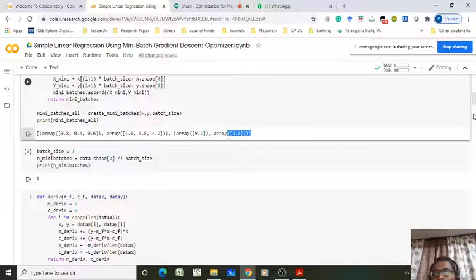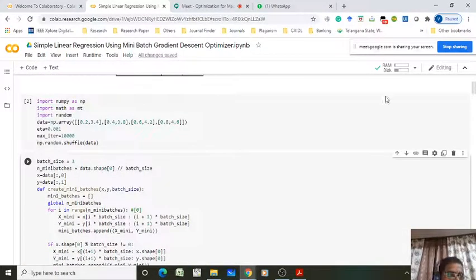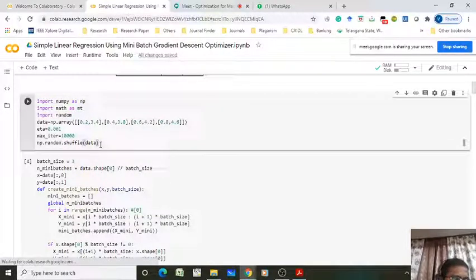Can anyone tell me? Shuffle option. Yes. We are shuffling the data here, right? We shuffled the data row wise.